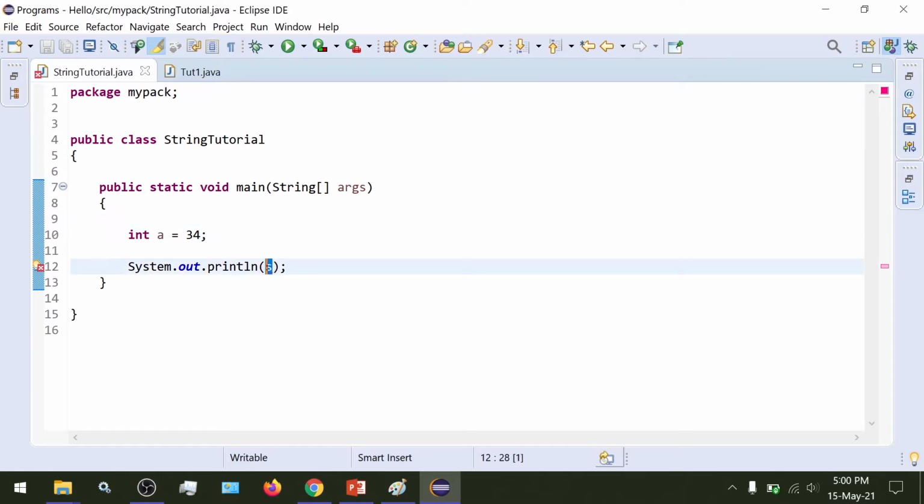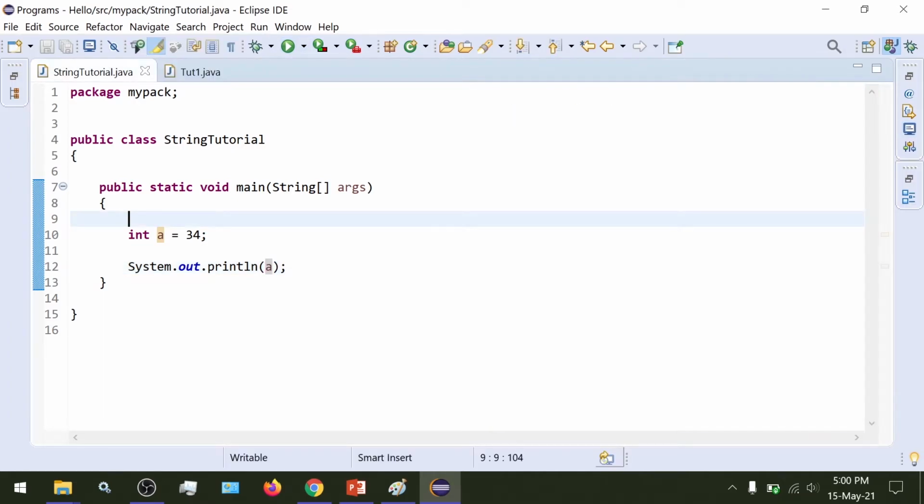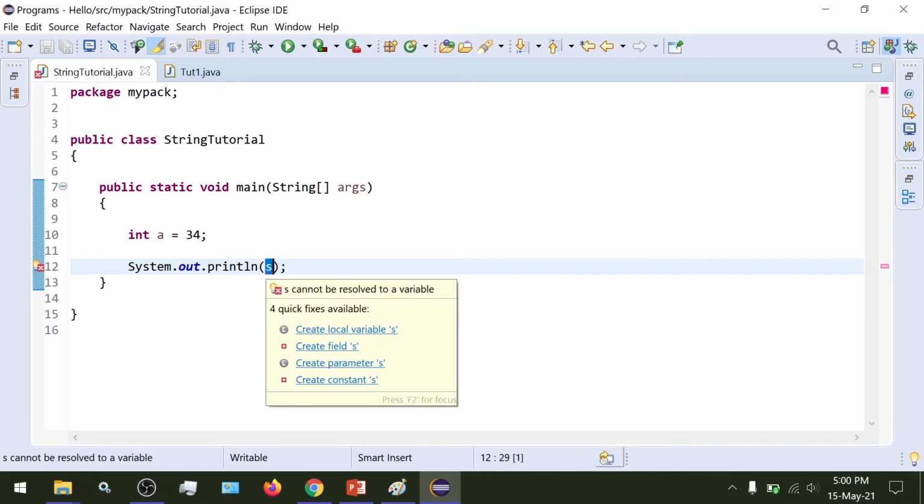But if I say the variable a, then the program works correctly because my computer knows that there is some data defined with the name a, so it uses it. But whenever I try to use s, the computer doesn't know what this s is, what is its type or anything.